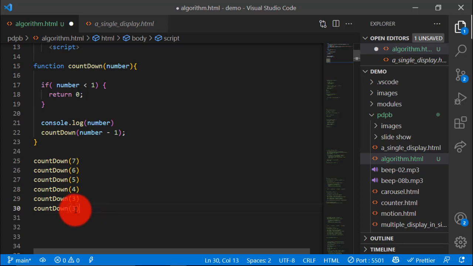So then this one will be 2, then it calls itself again, it checks whether 2 is less than 1, it's not less than 1, then it will console.log 2, then it subtracts 1 from 2, then we have something else. We now have 1, right? So it will check whether 1 is less than 1, 1 is not less than 1, this one will not do anything, then it will now subtract 1 from 1, then it will be 0, then we now have 0, right? So when 0 calls itself, it checks whether 0 is less than 1, 0 is less than 1, then